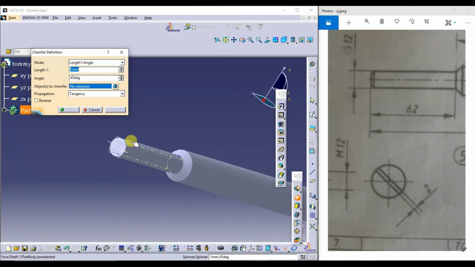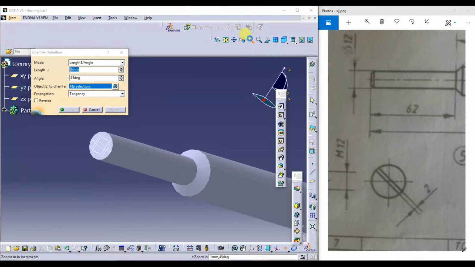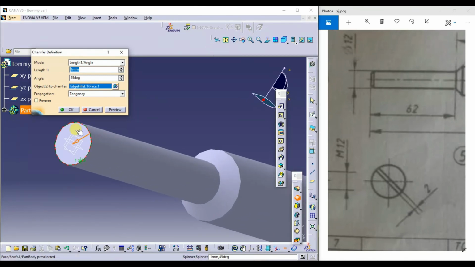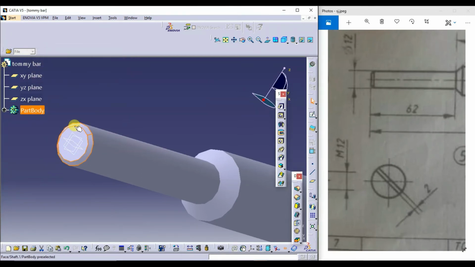I want this chamfer surface. Zoom it a little bit. Okay. Go for preview. So this is chamfer of 1 millimeter.